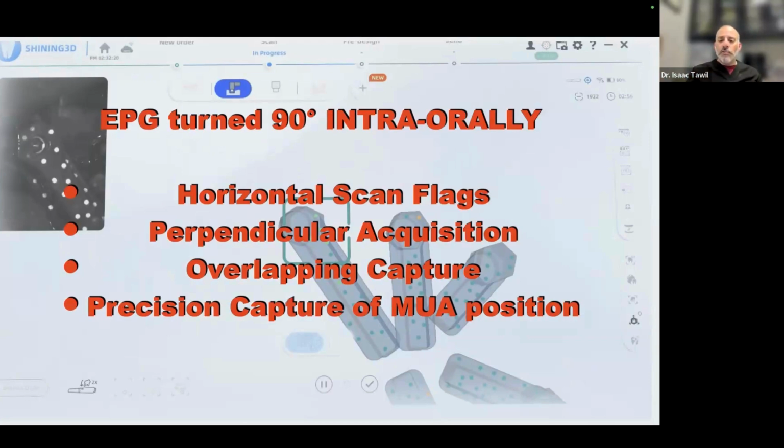That gives us the ability to overlap the capture and gives us the precise capture of not the implants. Never with photogrammetry, unless we're going direct to fixture, do we call it implant position. We call it multi-unit abutment position because what we're really capturing is the multi-unit abutment. So I always recommend telling the clinician, please torque down your multi-units again before you do your record capture. Make sure everything's nice and tight, because what you're capturing is the multi-unit position, not your implant position. So make sure that you have that done correctly.